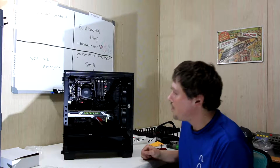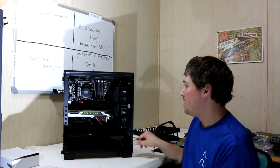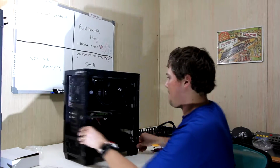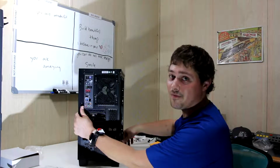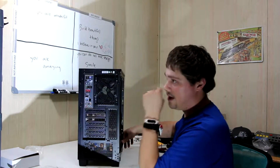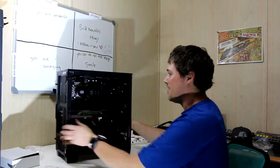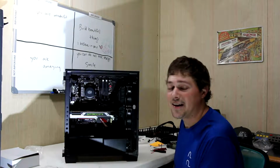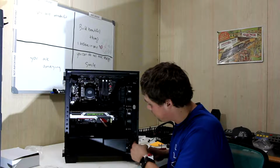So there's not really much to go over. It's just cramming it all in there. I'm not going to do that. I thought about taking off the back side panel to show you just the wires. It is such a mess back there. It barely fit back together. But I was able to do that, and I've got a spare